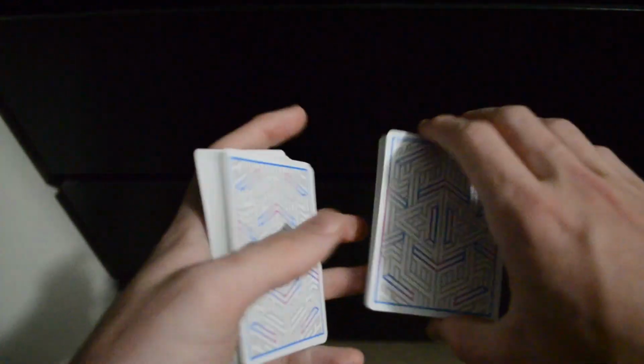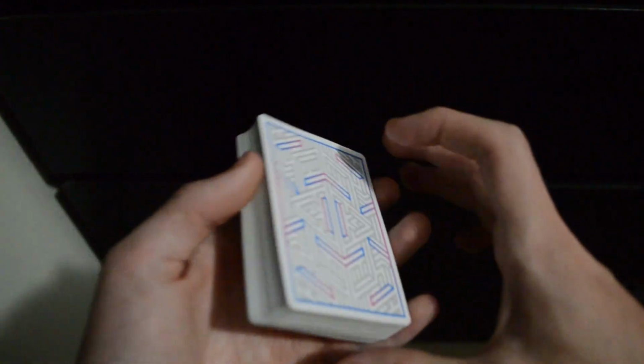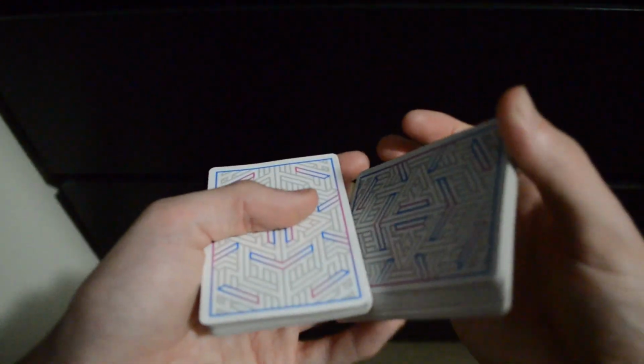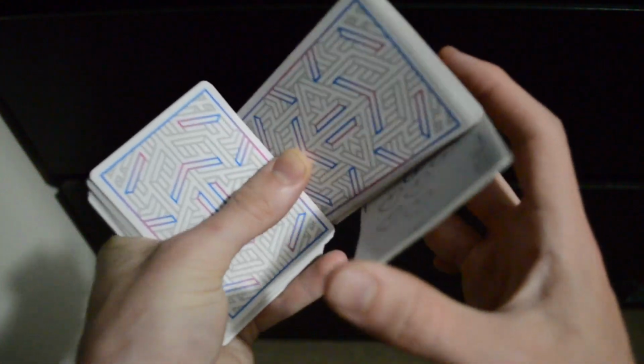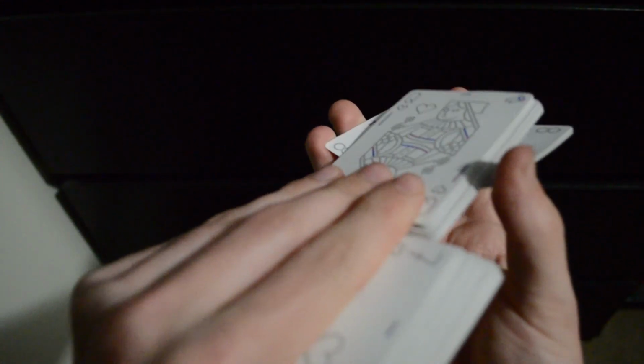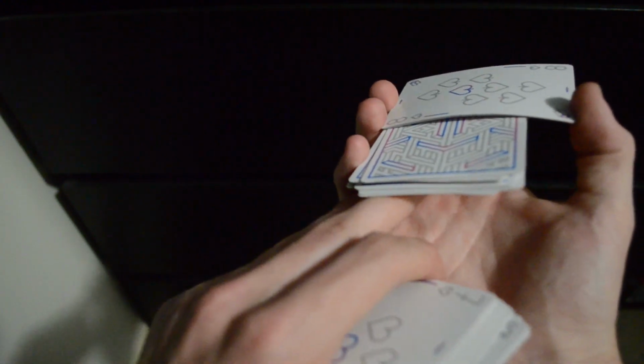Let's go over that one more time. So I need to grip, swing cut three-quarters of the packet over, rotate that packet out, using your index finger as a pivot, turn that packet face down, then extend that packet out. From here, flip over, catching it with your left fingers, grip with your pointer finger,